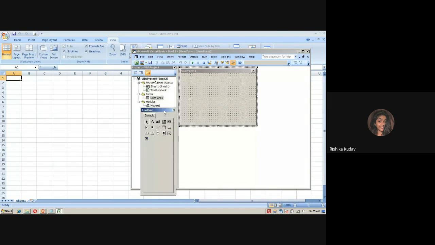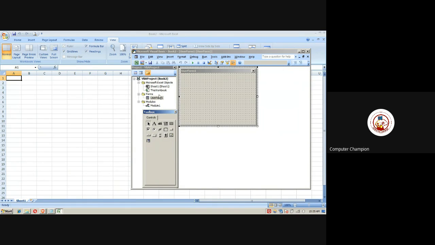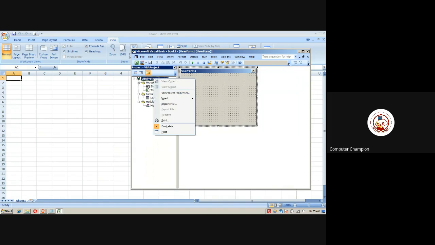Sir, could you repeat how you created the module? Are we on the same page? Yes. Okay, so just right click on the top header here, VBA project, Book 2. Mine is Book 2 basically. Just right click over there, insert.